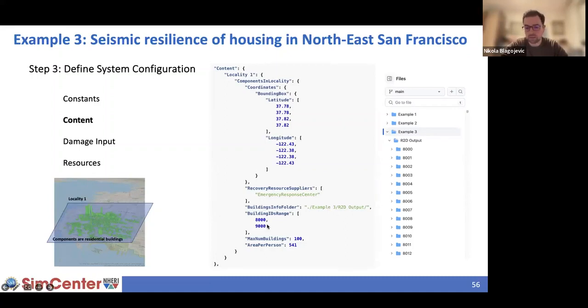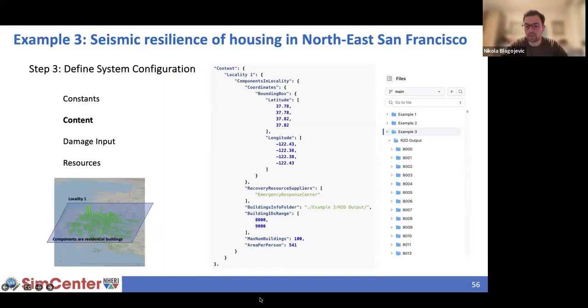You define the buildings which you want to consider. And also because sometimes if you consider all the buildings, the calculations might be too long, so I put in this maximum number of buildings value here, so you can take a look at a smaller number of buildings and still run the calculations slightly faster and see how the code works.